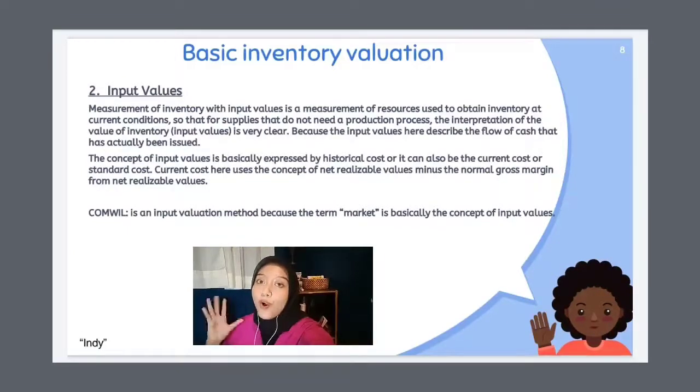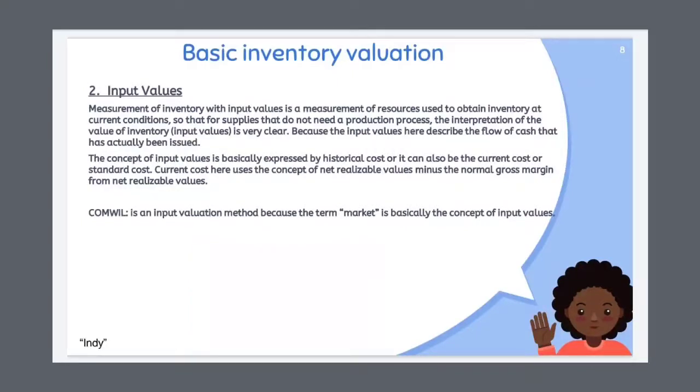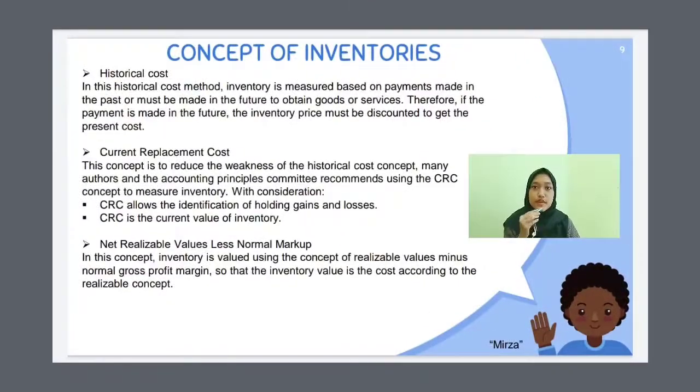Current selling price. This concept emphasizes the value of inventory based on the selling price or market, so that a fixed price is needed. So this concept requires: 1. There is a controlled market with stable fixed price. 2. There is no large or material additional cost component, for example, interest or discount costs in the sales process.